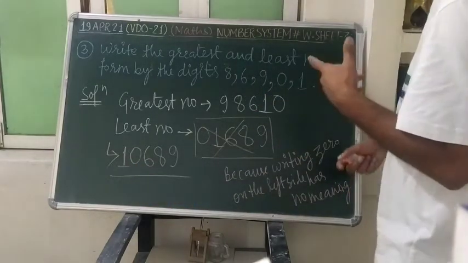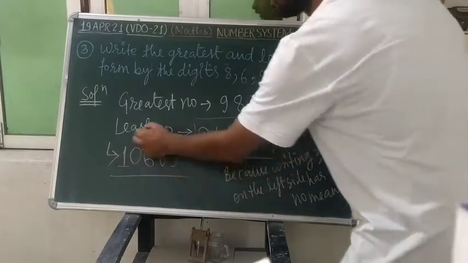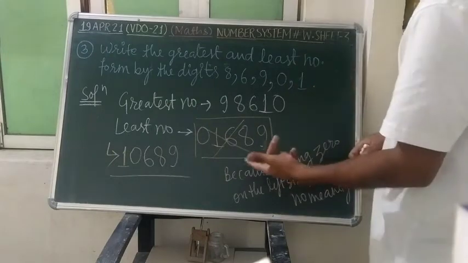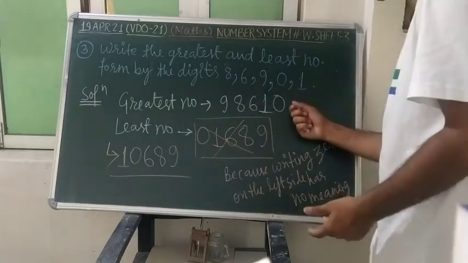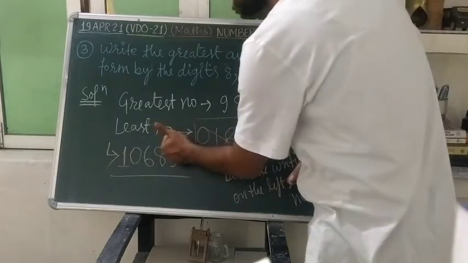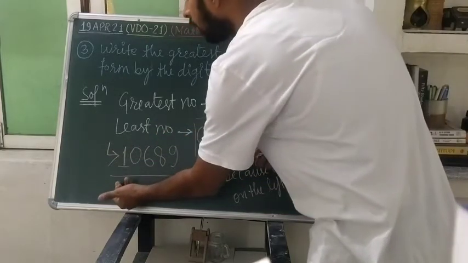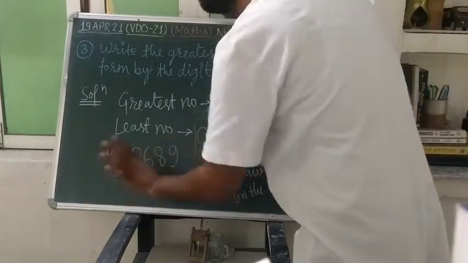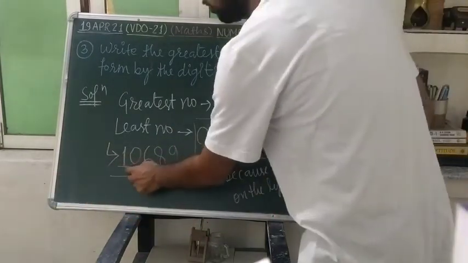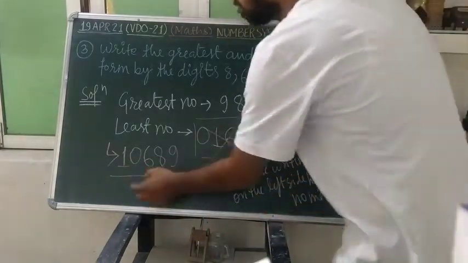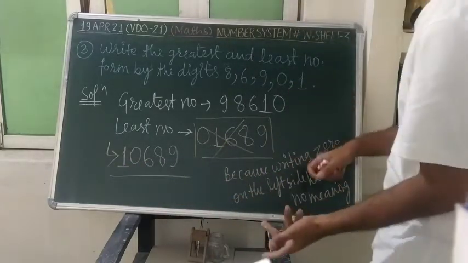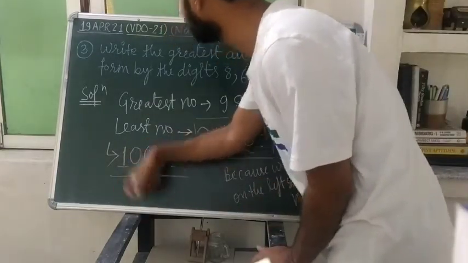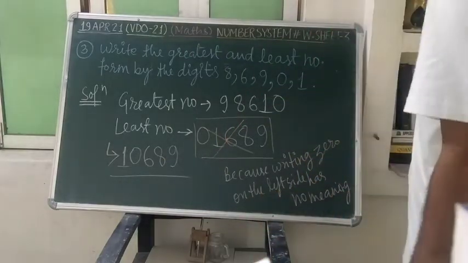greater digits and end at 9 in the least number, and for the greatest number we shall start from 9 and end at 0, and for the least number we shall start from 0 and end at 9, but 0 on the left side we will not write. We will write 1 here. Not 1 exactly, but the number which is more than 0 present in the problem, that I will write first. After that we will write 0 and we will move to the